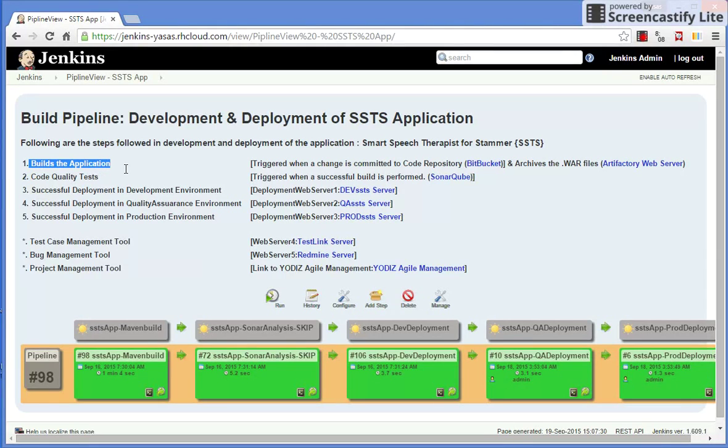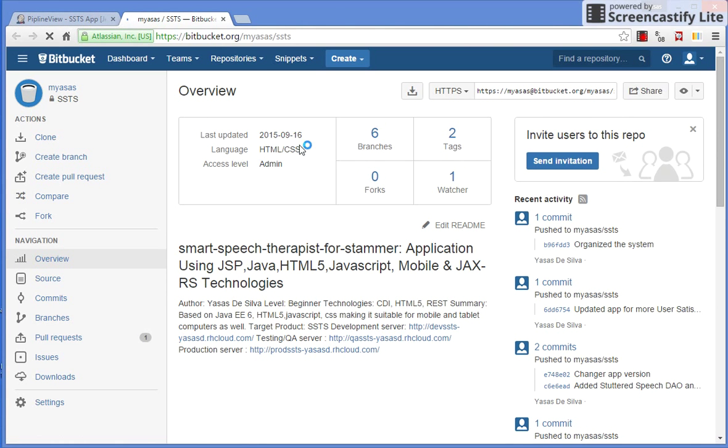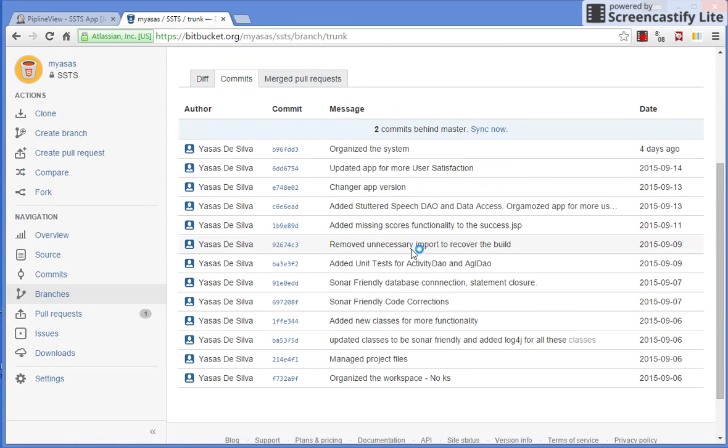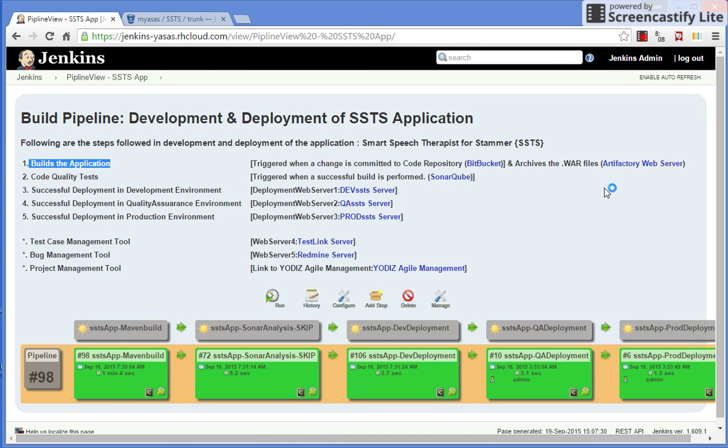So the source control system that I have picked to use for this project is Bitbucket. In Bitbucket you can see I have a repository for this project which is called SSTS, Smart Speech Therapist for Simon. There I have 6 branches, 2 tags and 1 watcher. In these branches I'm currently using the trunk branch for the coding and development purposes, and here you can see that I've selected my trunk branch, and you can see all the updates that I have been doing this time. So let's go back, and next we will go to the SonarQube,